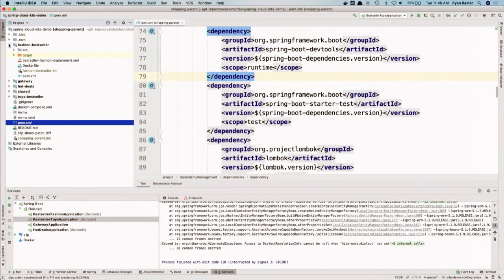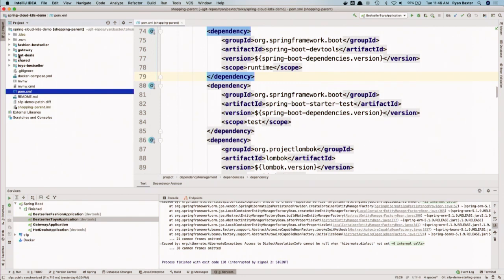So we have a couple of basic applications here. It's just kind of fictional e-commerce microservices applications. Just has a couple of services. I know you can't see probably some of the project layout here, but I'll describe it. It's very basic. There's three different services: a fashion service, a hot deal service, and a toy service. Each one of these services just returns some products, right? Some fashion items, some toys, or some items that might be on sale via the hot deal service, right?